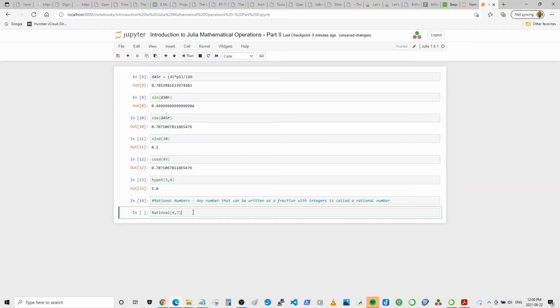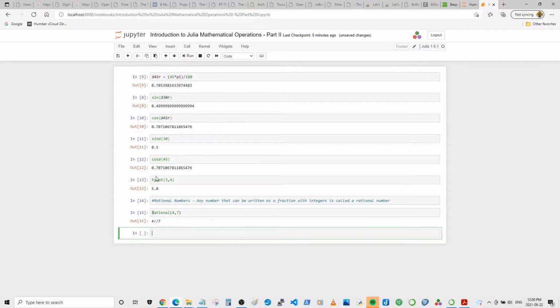So rational 4 by 7, and do note that the R is uppercase, otherwise you'll run into an error. When I run that, it gives me 4/7, and the way of representing it is with 2 slashes. Now let's do something like 3 and 9 rational, and when we run that, it actually simplifies it to the lowest form, which is very